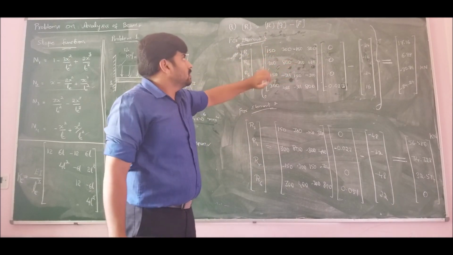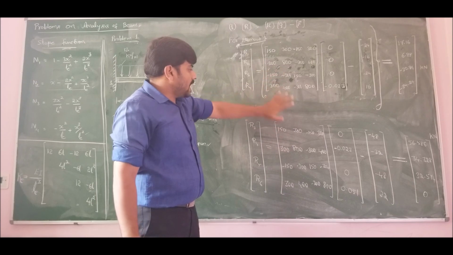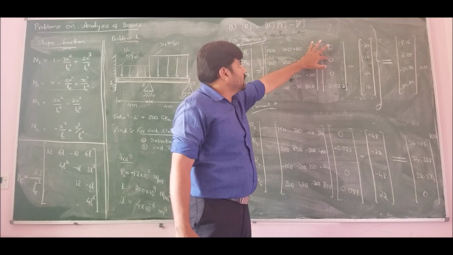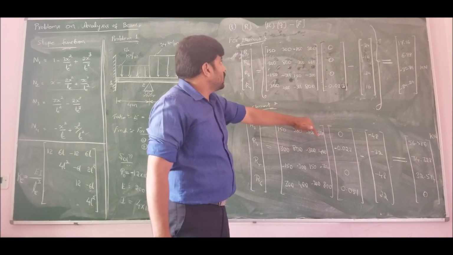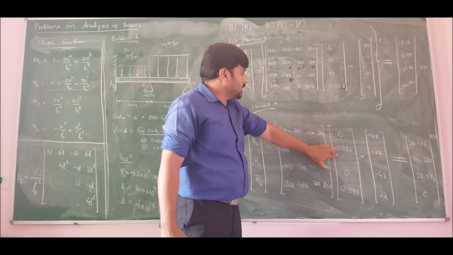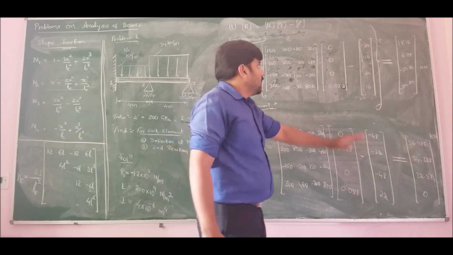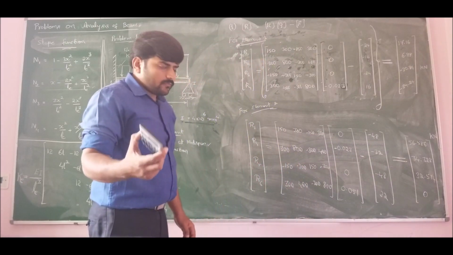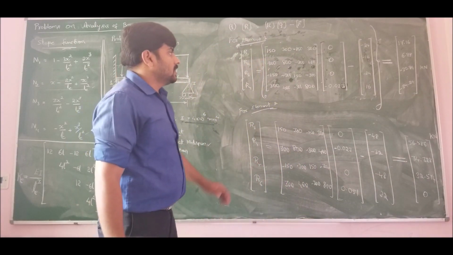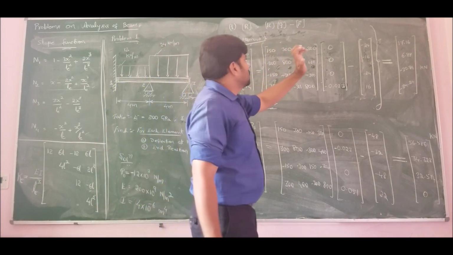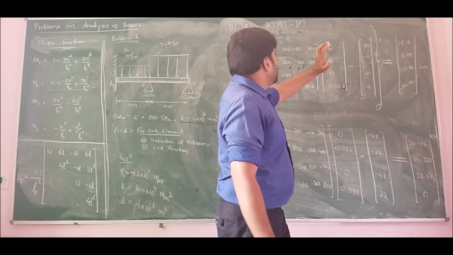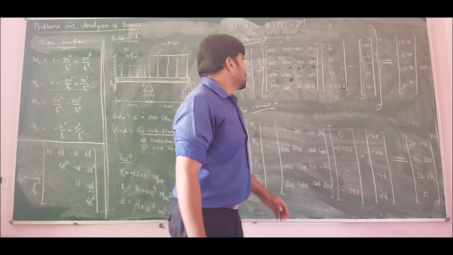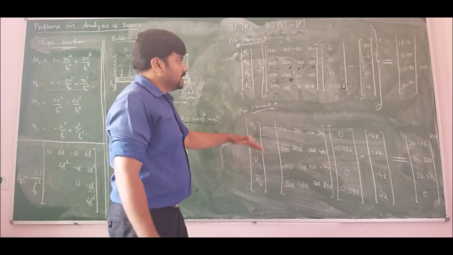Therefore, after substituting the values of K, Q and F for each element, the K for element 1 is available in step 2. The K remains the same for element 1 as well as for element 2, that is the element stiffness matrix, and Q for element 1 is V1 theta 1, V2 theta 2, and Q for element 2 is V2 theta 2 and V3 theta 3. And element force vectors are also available in our step number 4, element load vectors. So substituting the corresponding element stiffness matrix, element field variable and element load vectors, doing matrix multiplication and subtracting, I will get these values as the end reactions for both the elements.